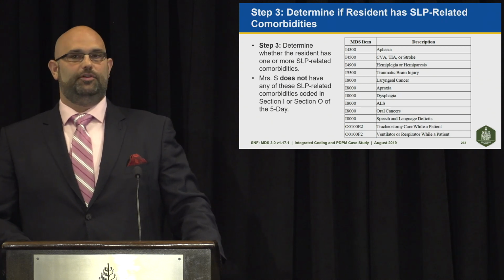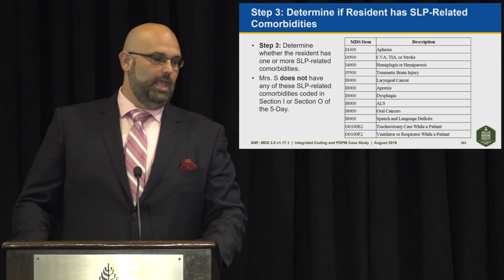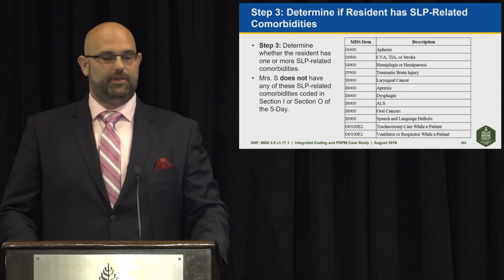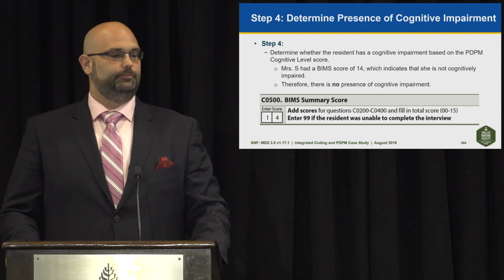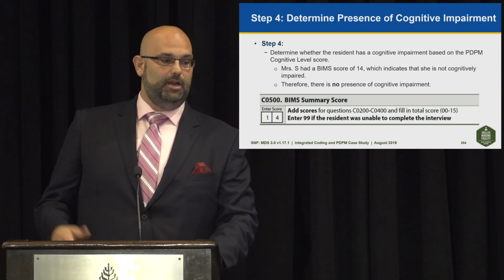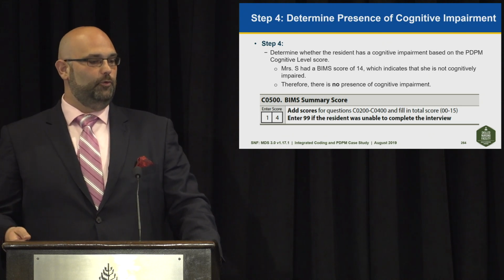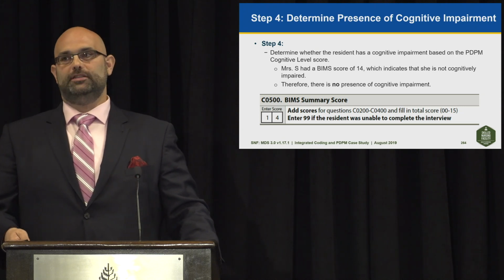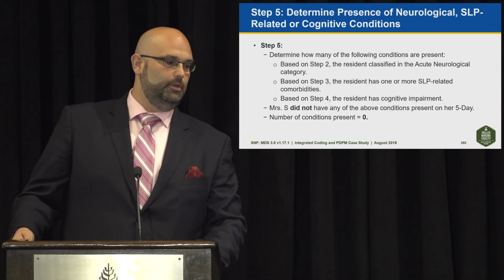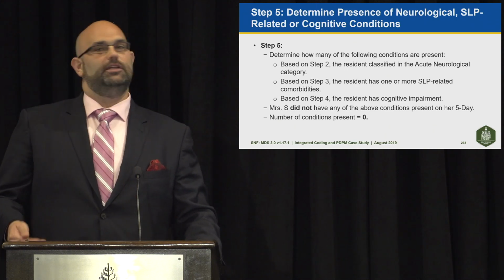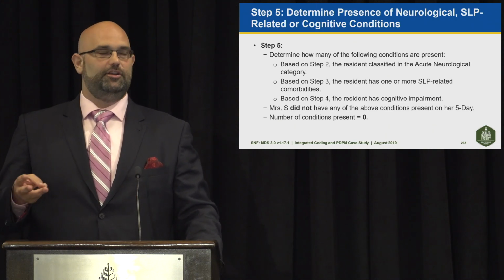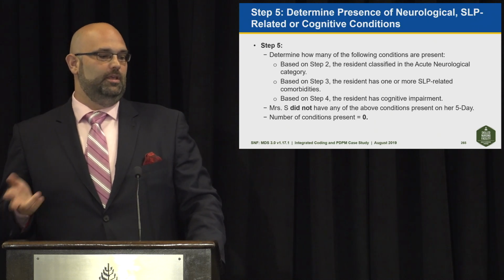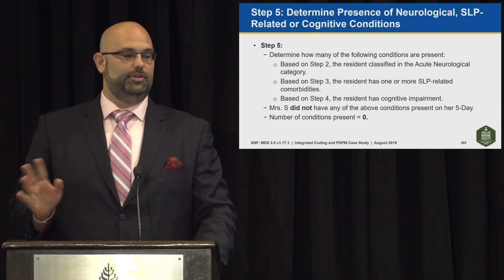The next step is to determine if there are any SLP-related comorbidities. Mrs. S does not have any of these comorbidities that would be coded in section I or O on the 5-day assessment, so we leave this one behind. The next was to determine the presence of a cognitive impairment. We had done that with the BIMS score earlier, a score of 14, which identified Mrs. S as being cognitively intact, and therefore there is no presence of a cognitive impairment. Step 5, you determine how many of the following conditions are present. There were those 3 criteria that I mentioned earlier: acute neurologic condition, SLP-related comorbidity, or cognitive impairment. Mrs. S did not have any of these on the 5-day, and therefore the number of conditions present is equal